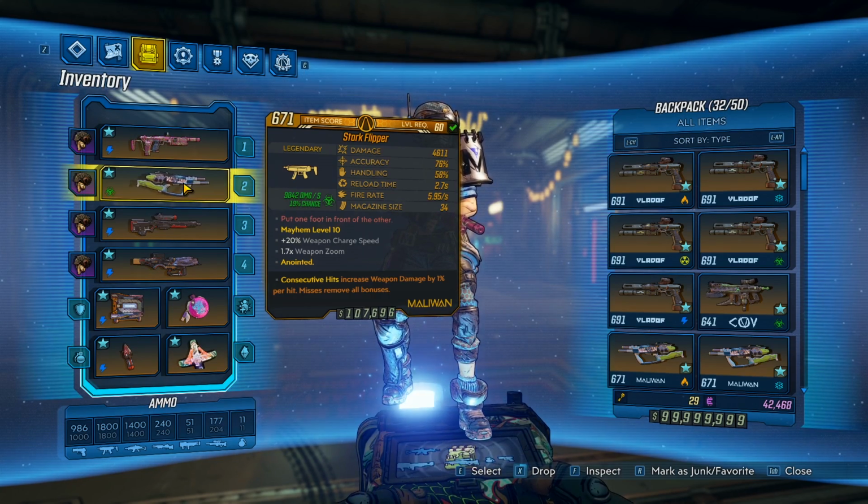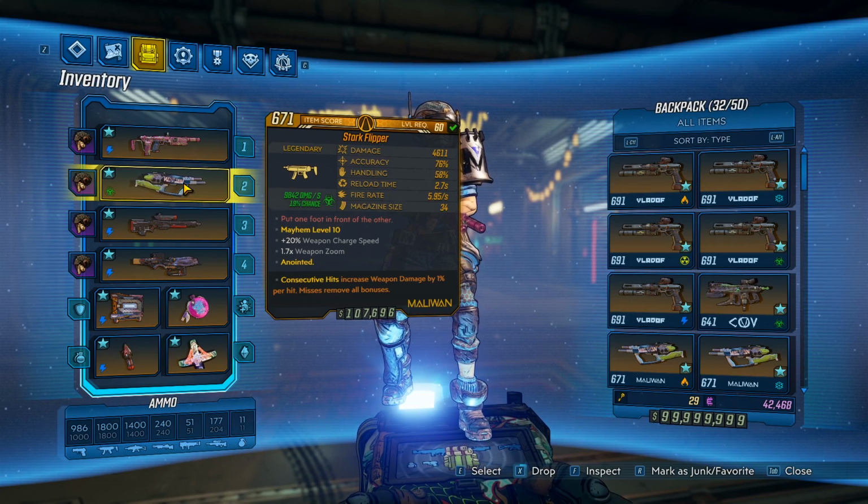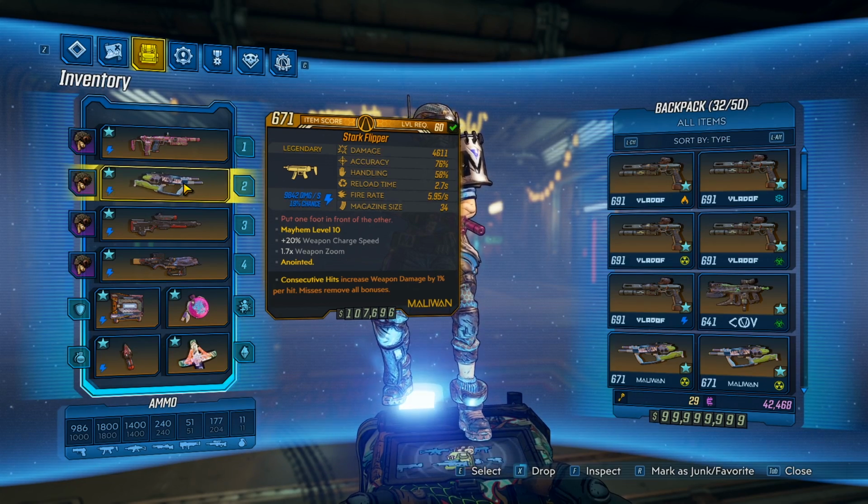For medium to longer ranges, you want to go for the Flipper, and this will be the main focus of your build. When you hold down the trigger, it's going to shoot 1 bullet, then 3, and build all the way up to 9 bullets. So after a short time, you're going to be shooting out 9 bullets for the cost of 1 ammo. So 9 times that base damage, which is about 40,000-ish, I'm not sure exactly, but 40,000 damage per shot